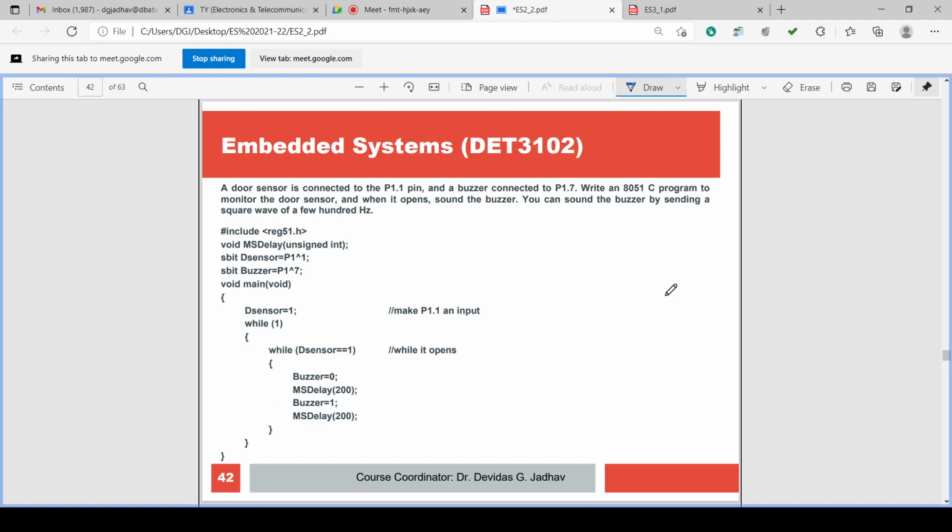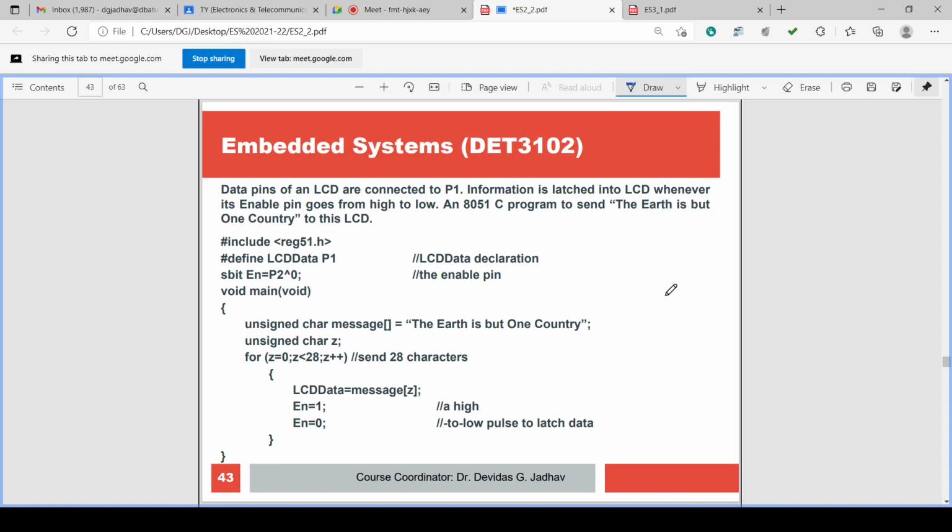Then there is a buzzer signal if the sensor is detected. That is, the door is open, so ring the buzzer or activate the buzzer. This we have seen. So some of the programs are using the complete 8 bits of the port, and some of the programs are using only 1 bit. So accordingly we can say all 8 bits are used parallelly and 1 bit is used serially. According to that, whatever the instructions are there, we have seen in detail.